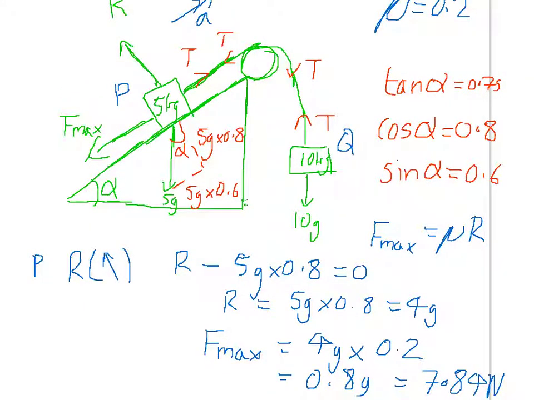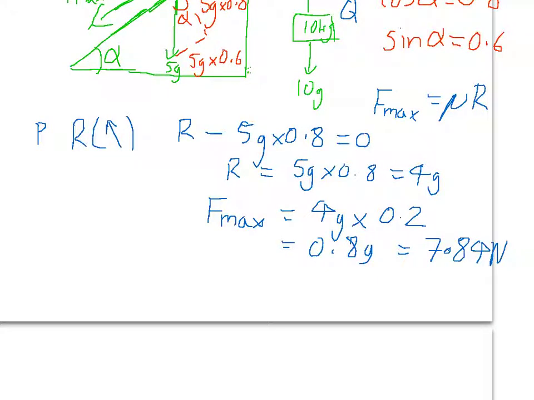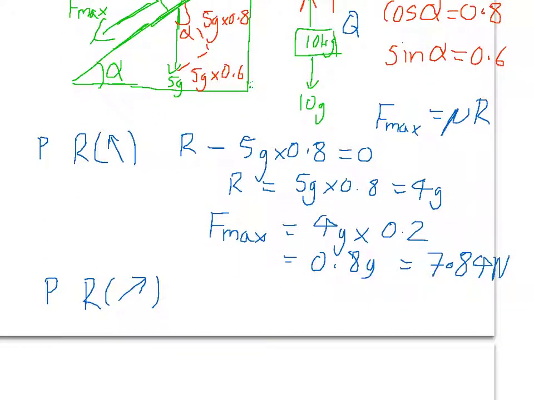Right, now we've done that, we can go ahead and try and find the acceleration. To do this, we need the forces acting up the plane, and when you do that you're going to have two unknowns, the acceleration and the tension, so we're also going to have to look at the forces around Q. But let's start off by carrying on with P. We're now going to look at forces up the plane. So up the plane, we've got the T, and acting against it is the